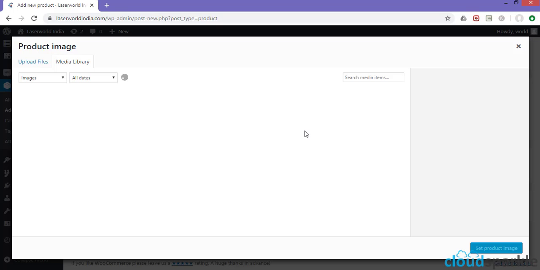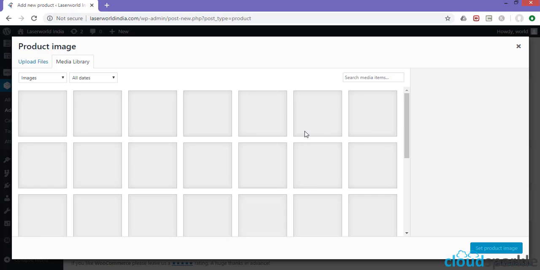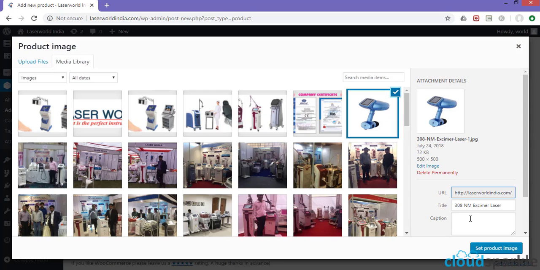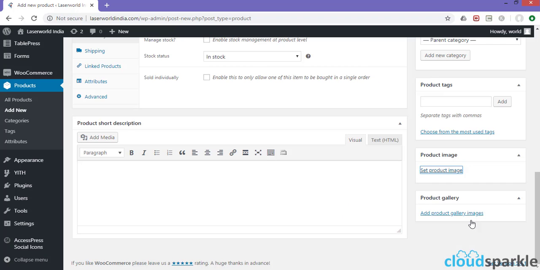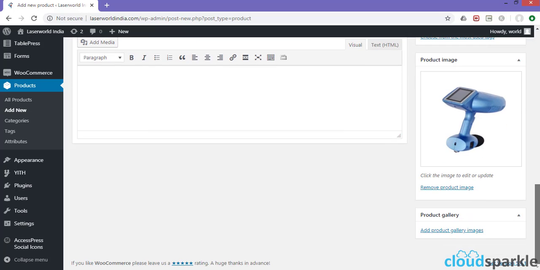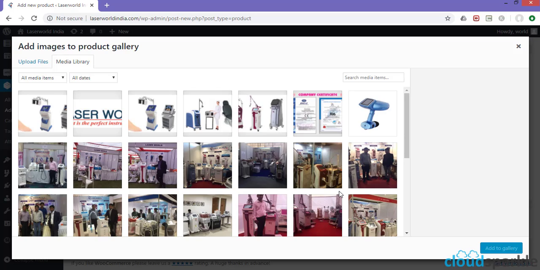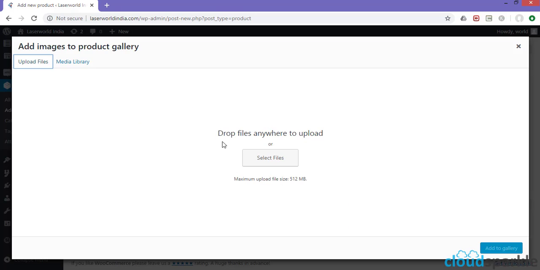Now here we'll select the image of the product. So set product image, we can upload or select from existing media library. Let's say we'll select for this product this image, right? We want to add some extra images for the product. So we'll go to product gallery, add product gallery images. We'll click on add product gallery images. We can select from existing media library or we can upload using the upload files from laptop or computer.